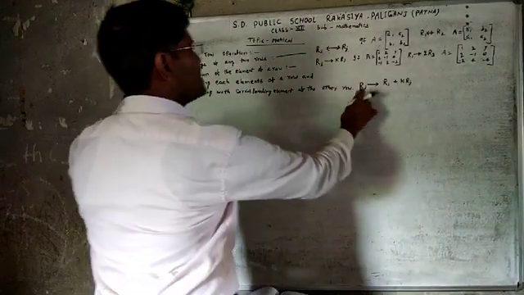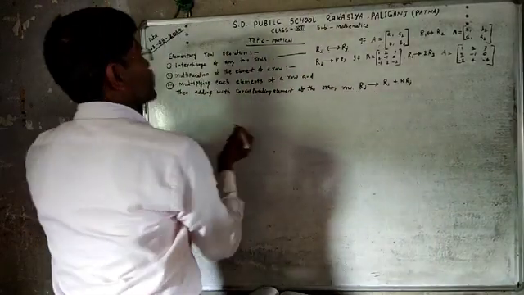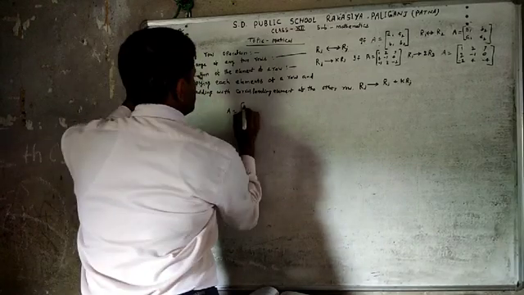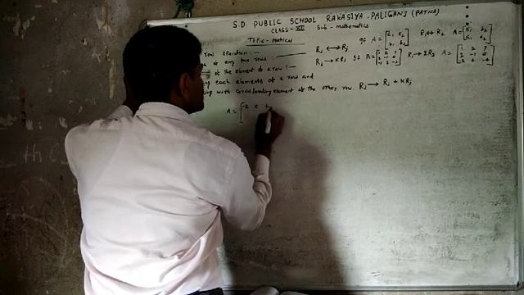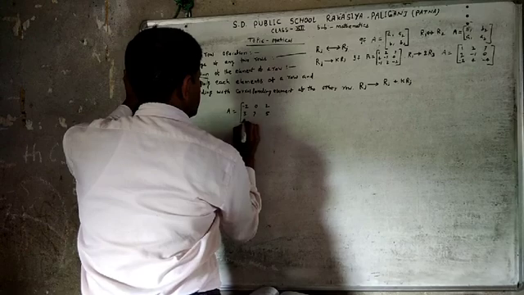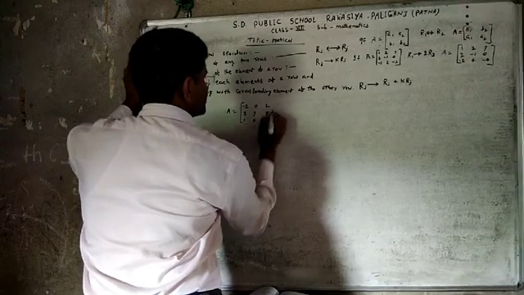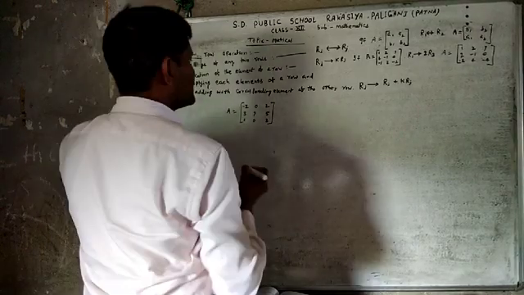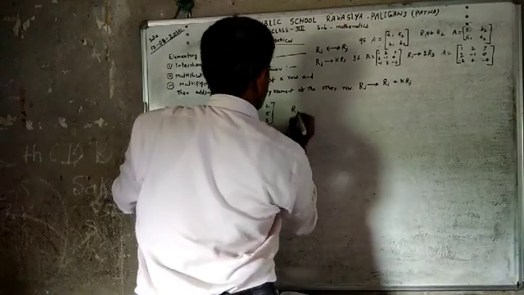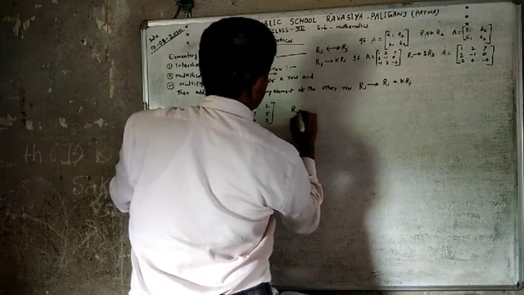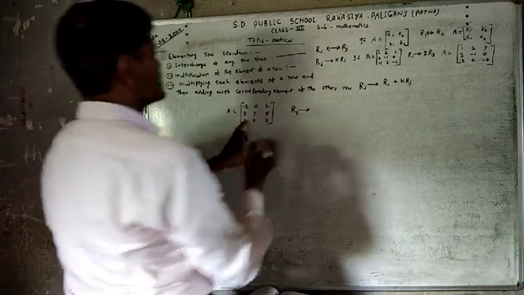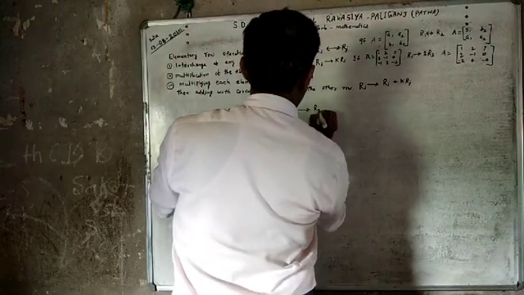We take an example on this operation. Suppose that matrix A is given as: -2, 0, 2; 3, 7, 5; 1, 0, 3. It is a matrix, and we want to operate on it. The second row is interchanged into R2 plus